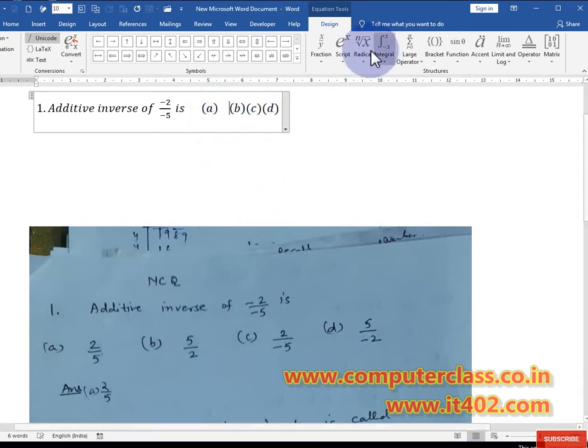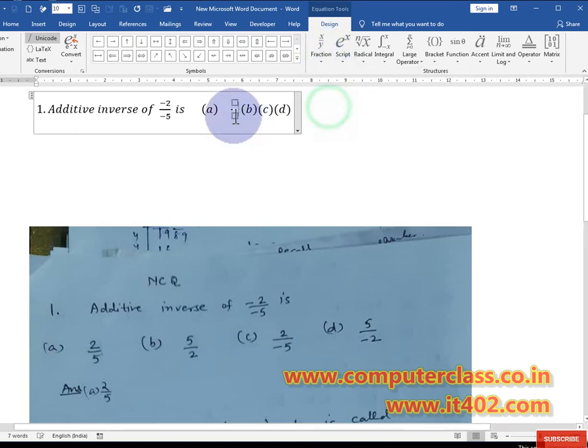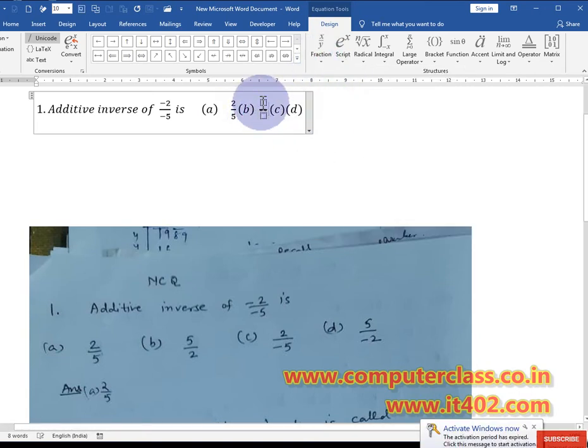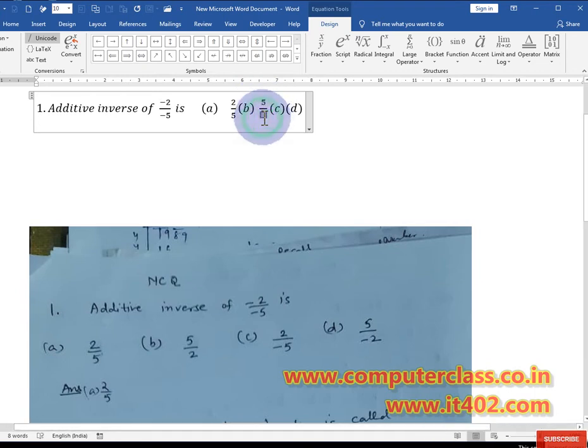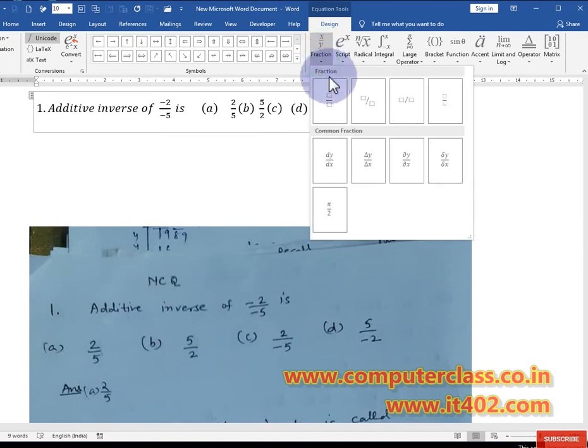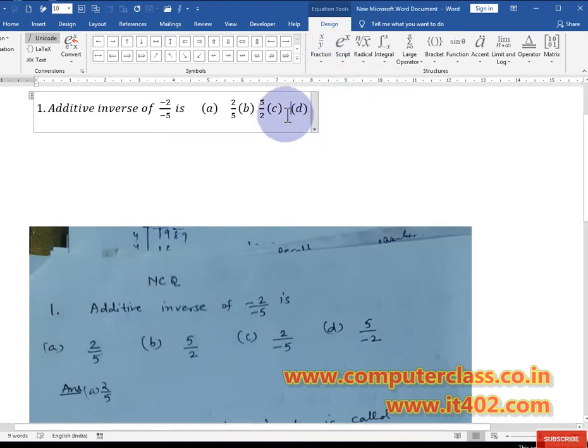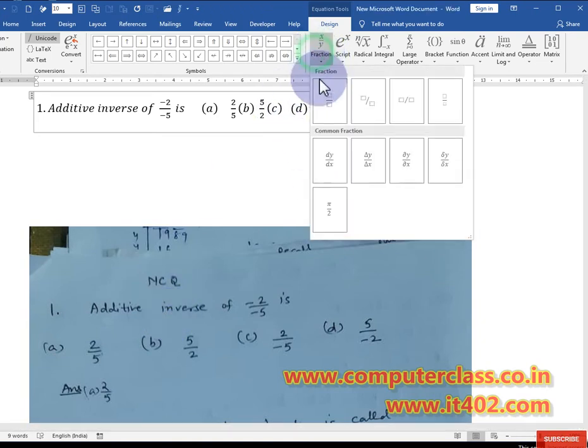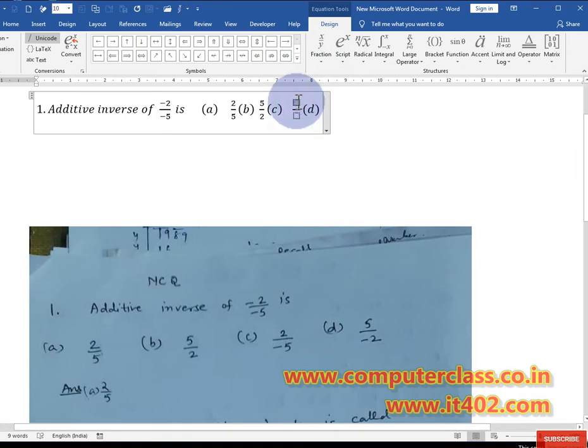And here just click here, use a fraction, write 2/5, click here, take some space, click on the fraction, write 5/2, click here, click on fraction and use 2 - 5.